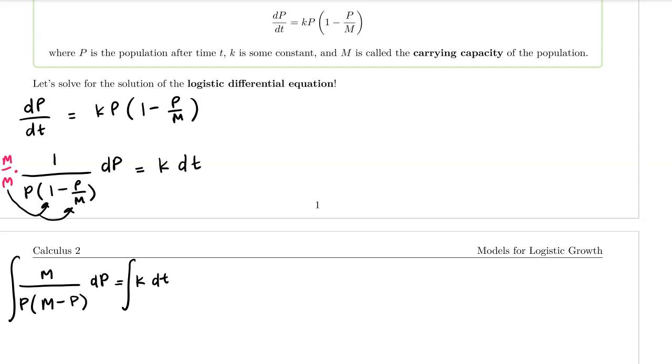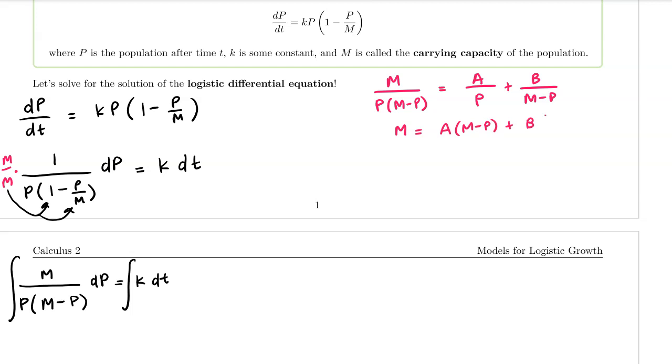So let's come off to the side here, and I have M over P times (M minus P), and I want to rewrite this as a constant over P plus some other constant over M minus P. I'm going to multiply through by the least common denominator, and clearing that fraction will give us capital M is equal to A times (M minus P)